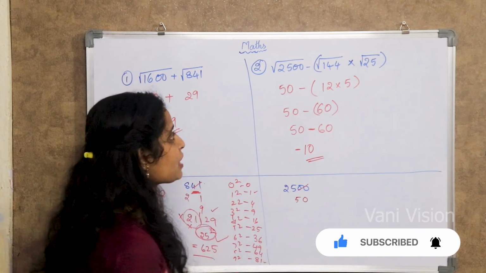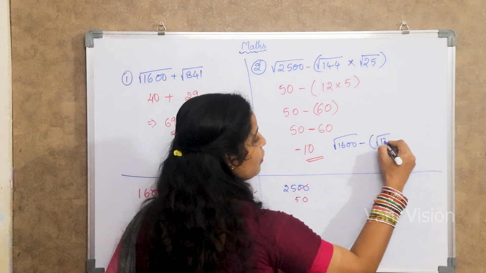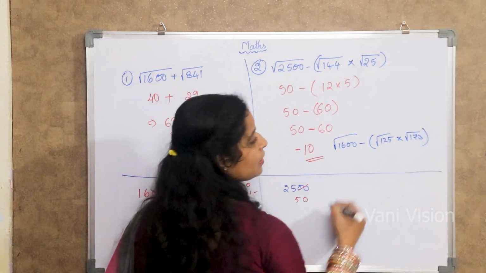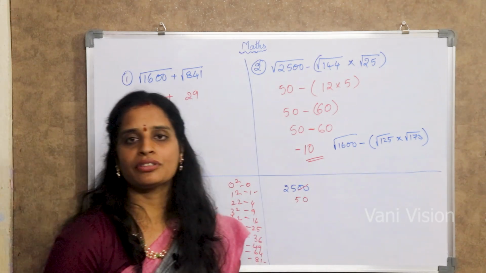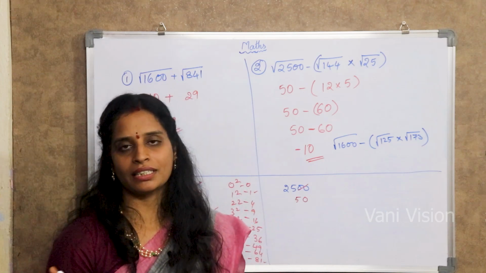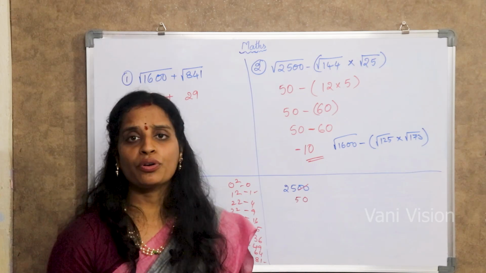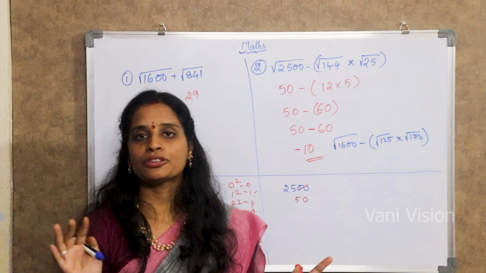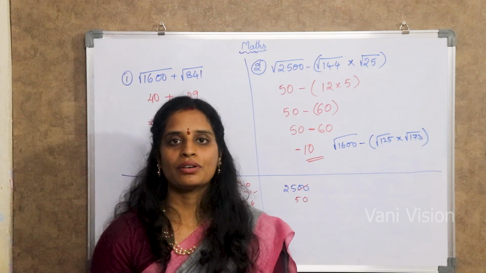In this way, we can solve a number of questions depending upon the root. So we will be asking questions like this: root of 1600 minus root of 125 into root of 173. Take more and more numbers, take a number of examples and start practicing it. When we practice, we will get perfection in it. A compulsory question with roots appears in competitive exams, maybe in any board examination. So knowing how to solve it will be easy for us.